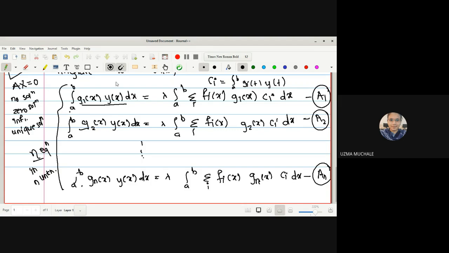So what will be the value of this term? This whole term we can rename as c1, this one will be nothing but c2, and this whole term will be nothing but your c3. So this is what your equation number 5 we have obtained by renaming those constants ci, that is this whole value of integration. We can rename this as some constant ci because the limits of integration are a to b, that is some constant numbers given to us. So by using equation 5 in equations a1 to an, we can now replace these terms by c1, c2 up to so on cn, right?